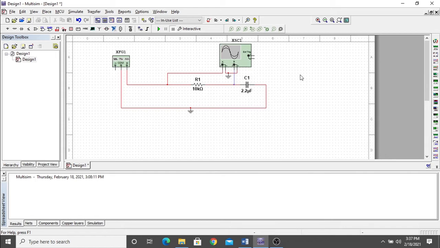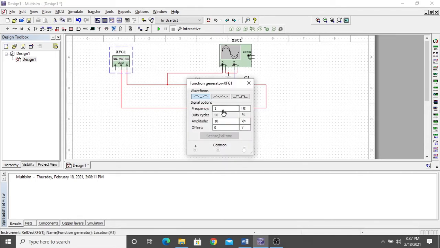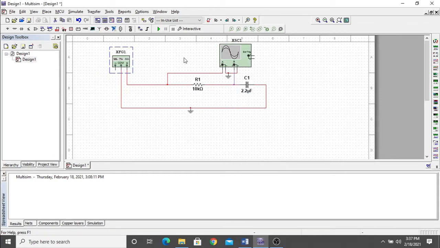Okay, and we are setting our frequency to something like 100 hertz, and DC waveform duty cycle is 50%, amplitude 5 is enough. Close. Now run the simulation. Double click over the oscilloscope.